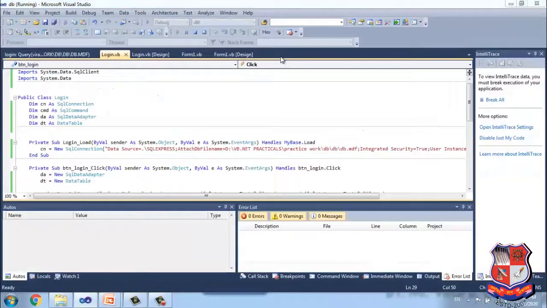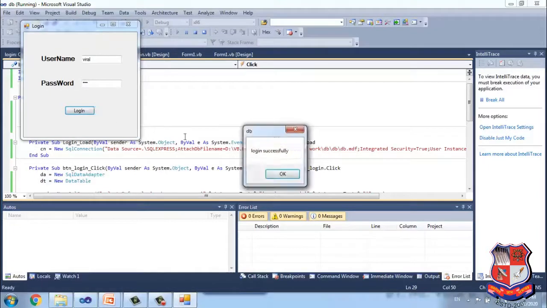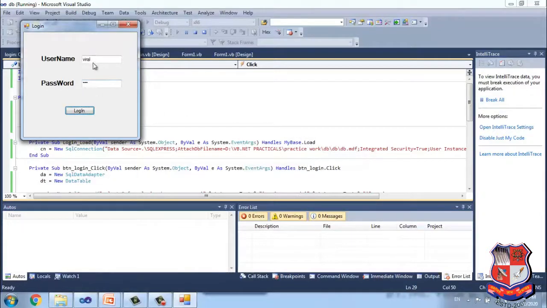Okay, enter Viral and the password. Here you can see login successfully, because Viral and Vlad are available in the database. If I enter a wrong username, you can see wrong username and password.